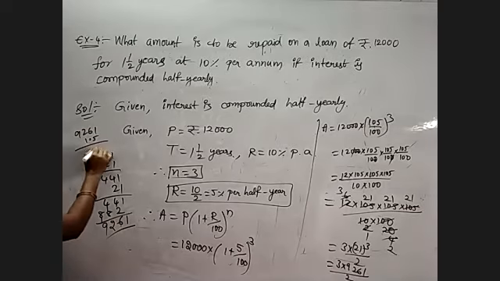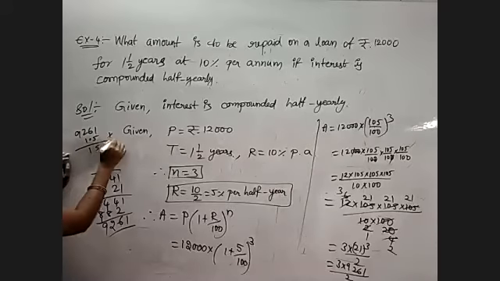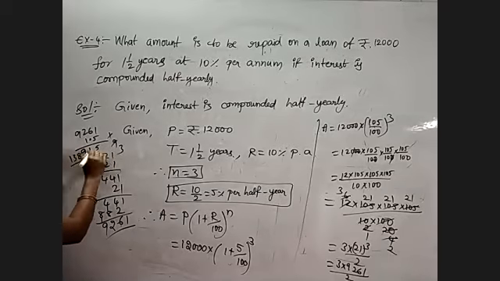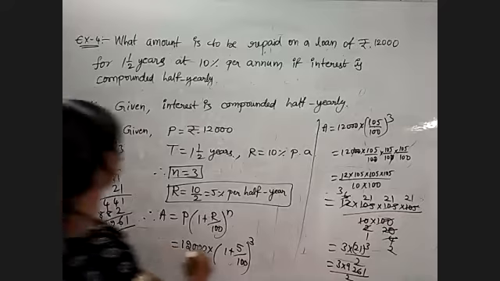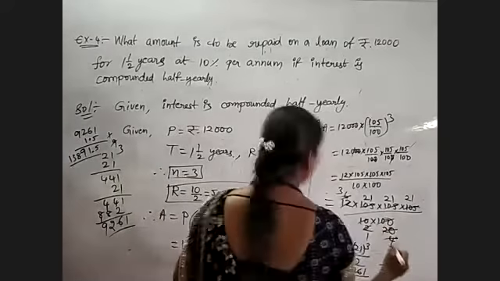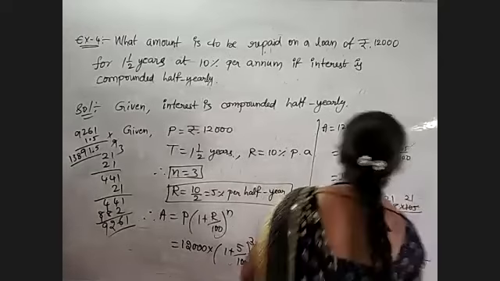Okay. 15 ones are 15. 15 sixes are 90. 90 plus 1, 91. 15 twos are 30 plus 9, 39. 15 nines are 135 plus 3, 138. And before one digit, point. 13,891.5 will be the amount.